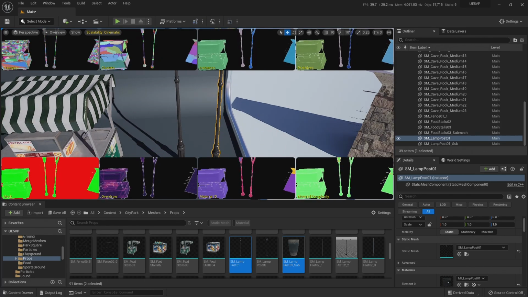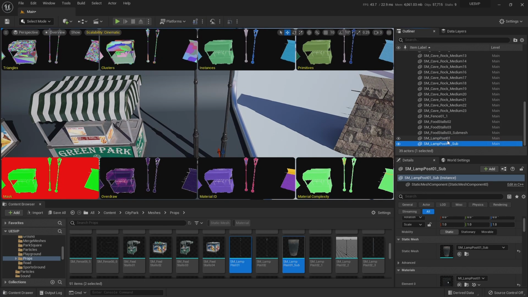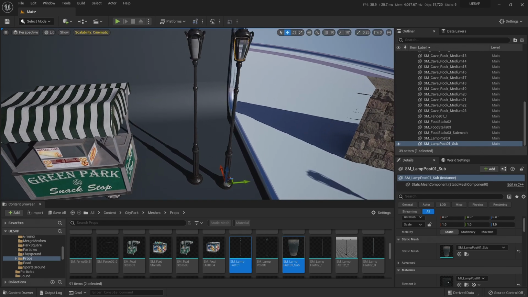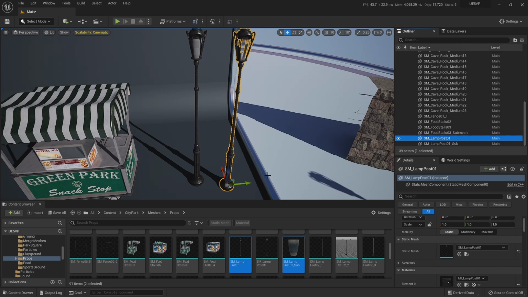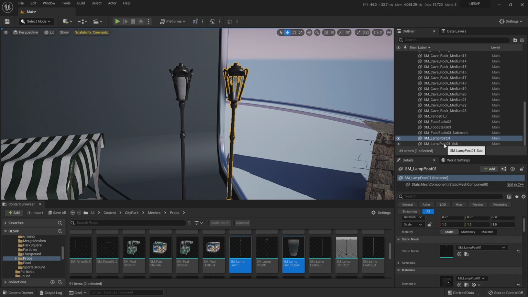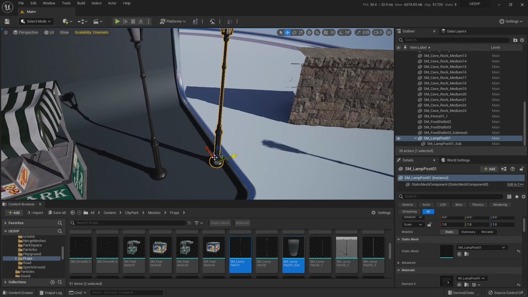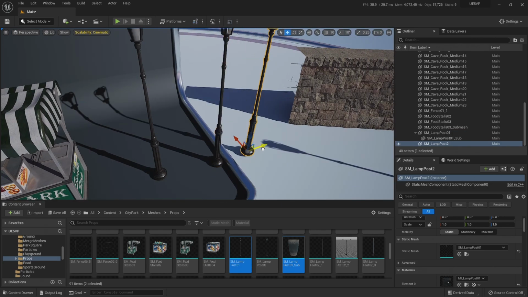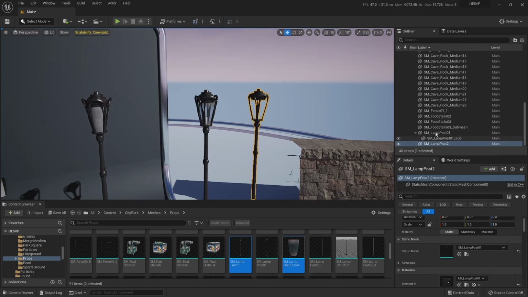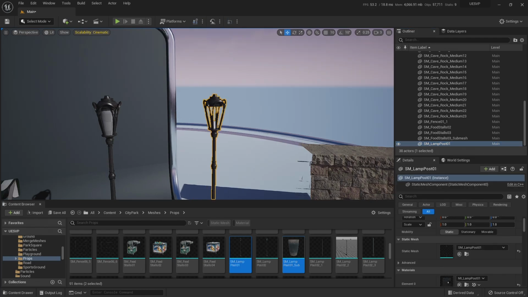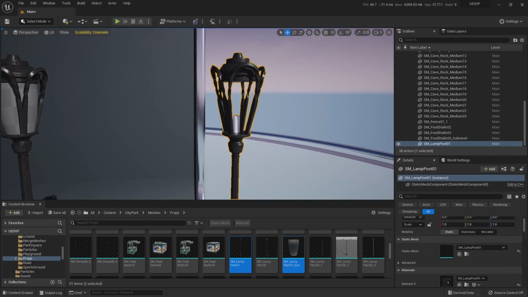Now, the thing is that if you have this, now you have two pieces, and let me close this so I can show you. Now you have two pieces, right? And if you want this to be populated or move around, it's going to be a mess. You could take this, nest it inside, and now you could move it around. But then if you want to duplicate it, it's only going to duplicate this one and not the whole thing. So the easiest way that you can make this work is to create a component.